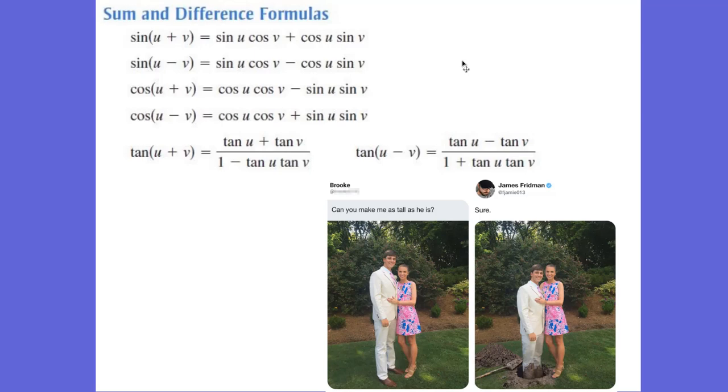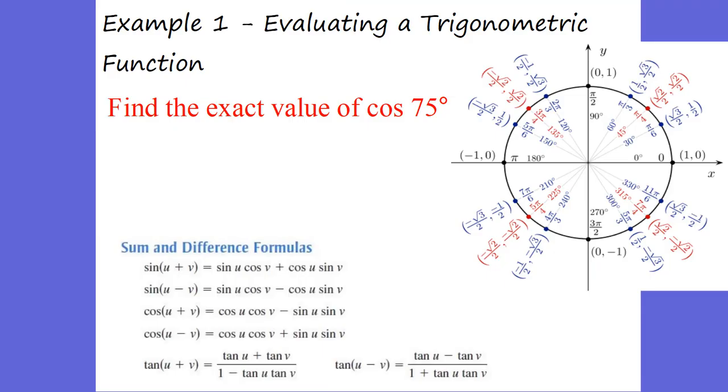And we have not only the sum, but we have the difference. We have sum and difference of cosine. We have the tangent as well. So the biggest difference is I want to show you how to use these formulas. Of course you'll always have these formulas with you, and they're on your equation sheet, and you don't have to memorize them. And so we have finding the exact value of